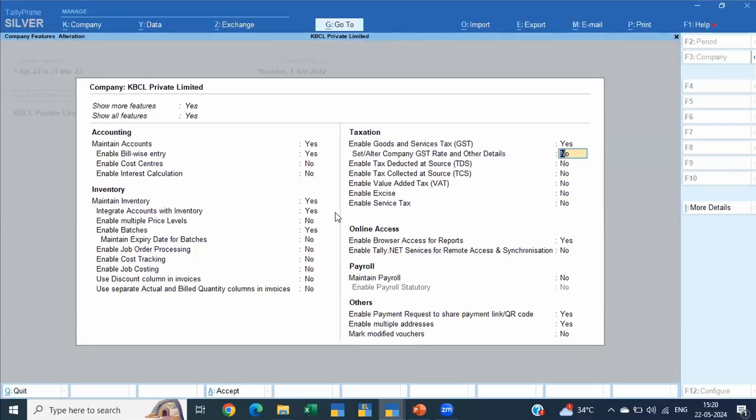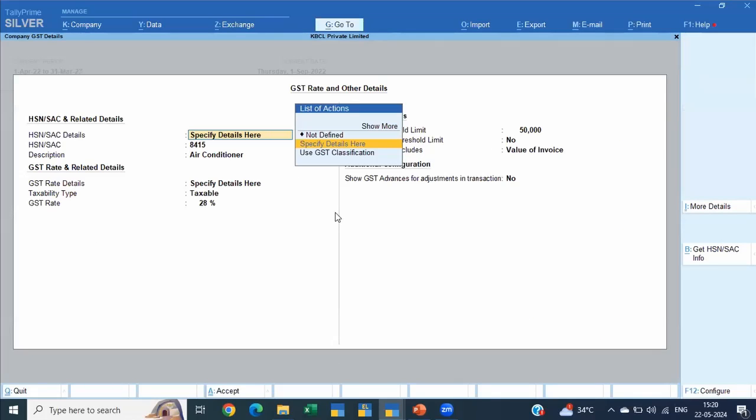Now, there is one more option, set or alter company GST rate and other details. If you just say yes, now here is where the first setup magic happens. For example, you are a company, or your client is a company, that deals with just one product.